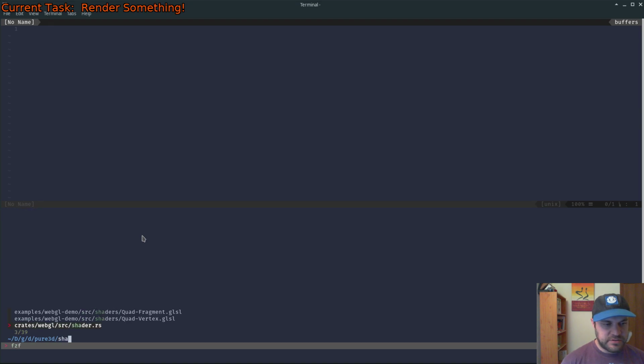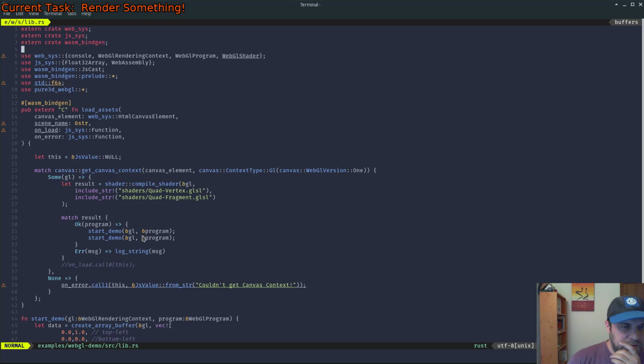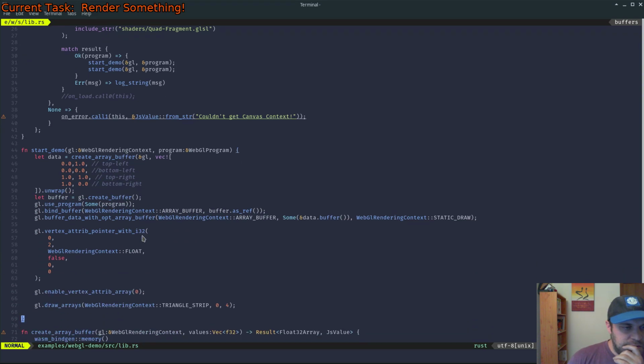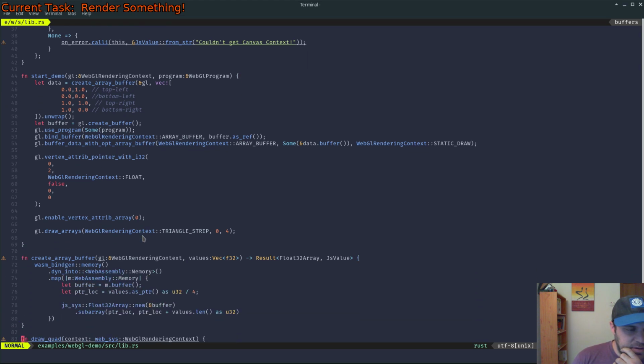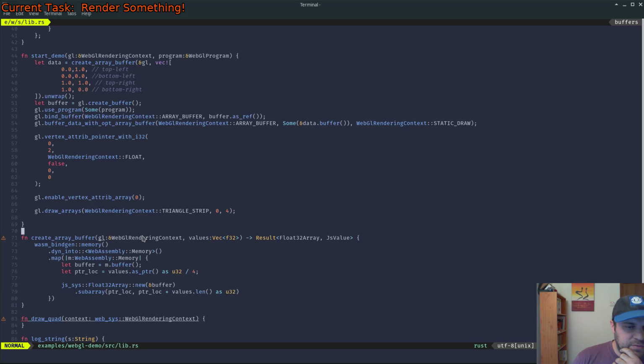Where are we? So we want the example thing. So I was thinking about this a little bit, and this whole idea of creating an array buffer and then returning back the float32 array. I don't think we really want or need to do that. I think what we really want is like the only time we actually need